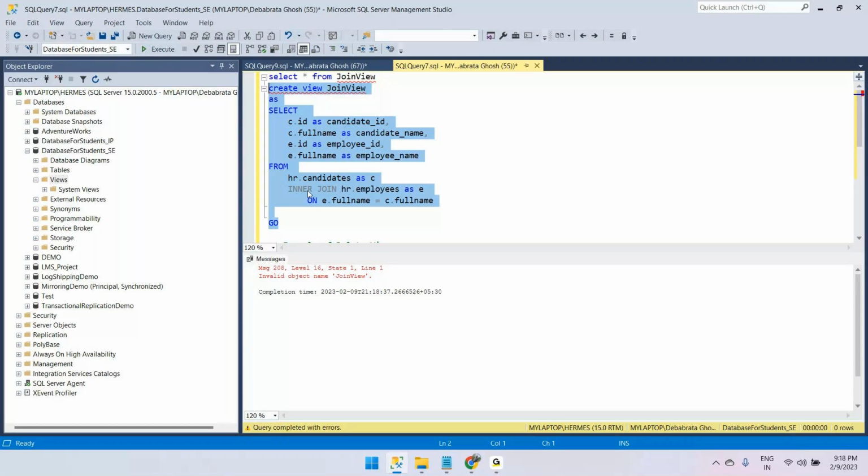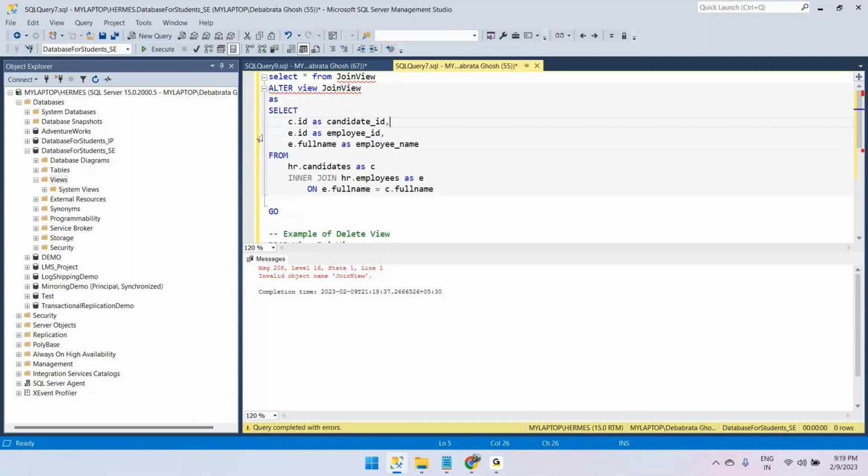Now the next question is how we can alter a view or change a view. Simple: alter view, view name. Let's say I just want to see candidate ID, employee ID, and employee name. Candidate name I don't want to see. So the initial definition was,